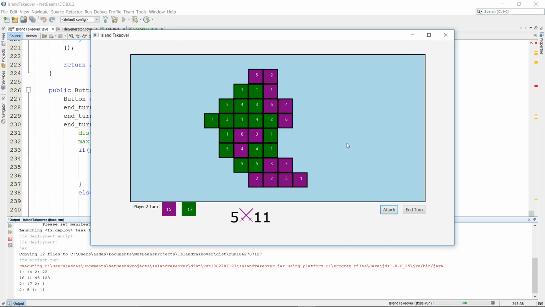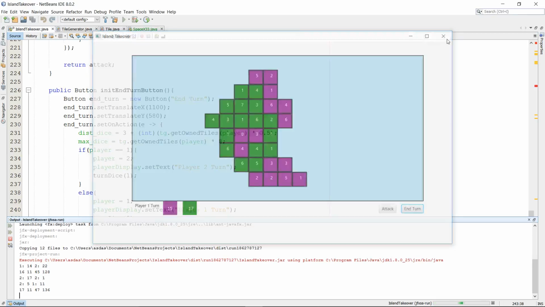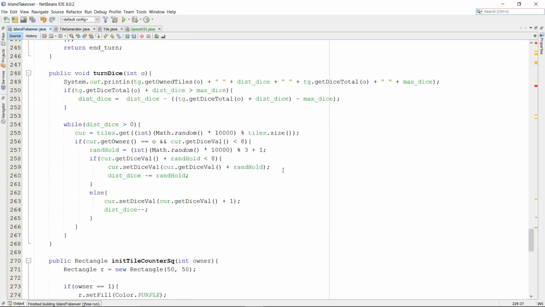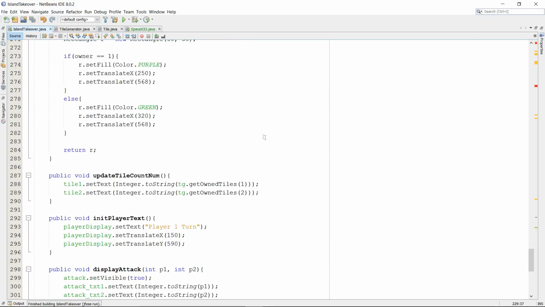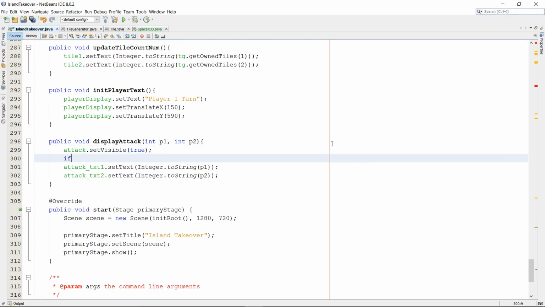The one thing that is weird though is it switches sides. So this is player 2 now because I'm on player 2's turn. It's not the worst thing, but it's kind of annoying. I don't know. Okay, and then we also want to change the attack. So if P1, might be able to do this. If P1 is greater than P2,